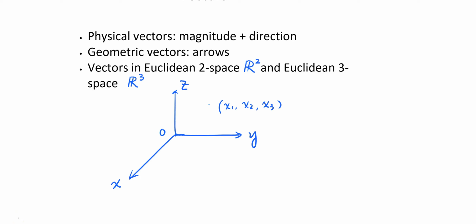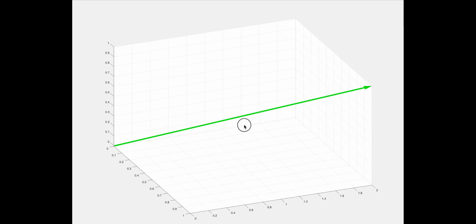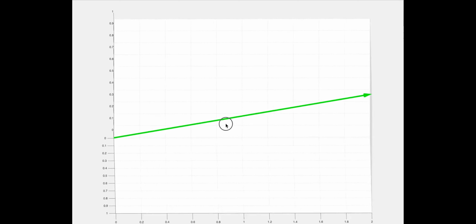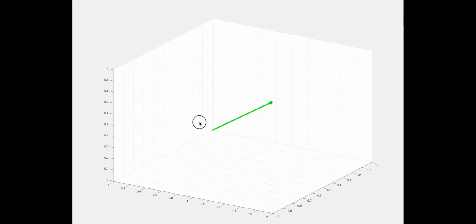Just like what happens in R2, a vector in R3 whose initial point is at the origin can be described by the coordinates of its terminal points. For example, the vector 1, 2, 1 is equivalent to the vector that starts at the origin and ends at the point 1, 2, 1. So if I try to draw that in the x, o, y, z coordinate, it should be this point. And this is the vector. I'm going to plot it in MATLAB so you can have a 360-degree view of the vector 1, 2, 1.